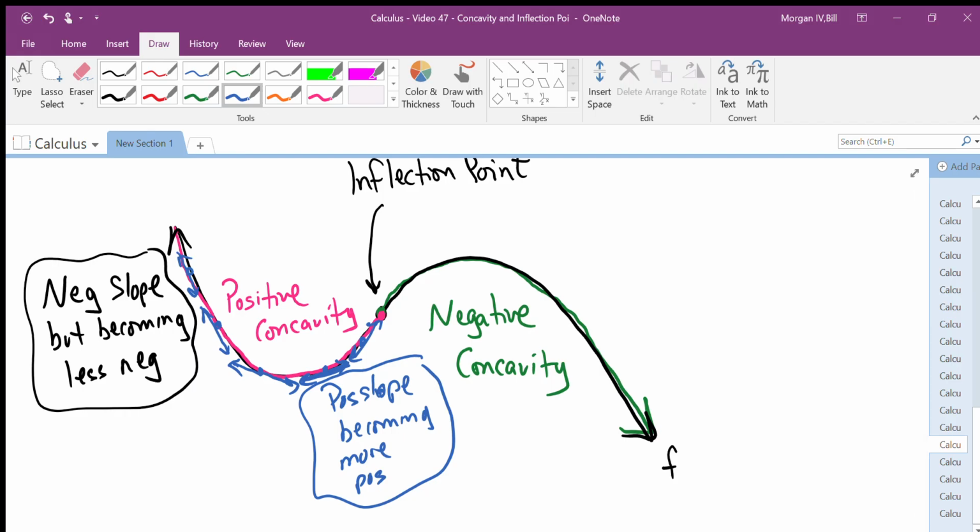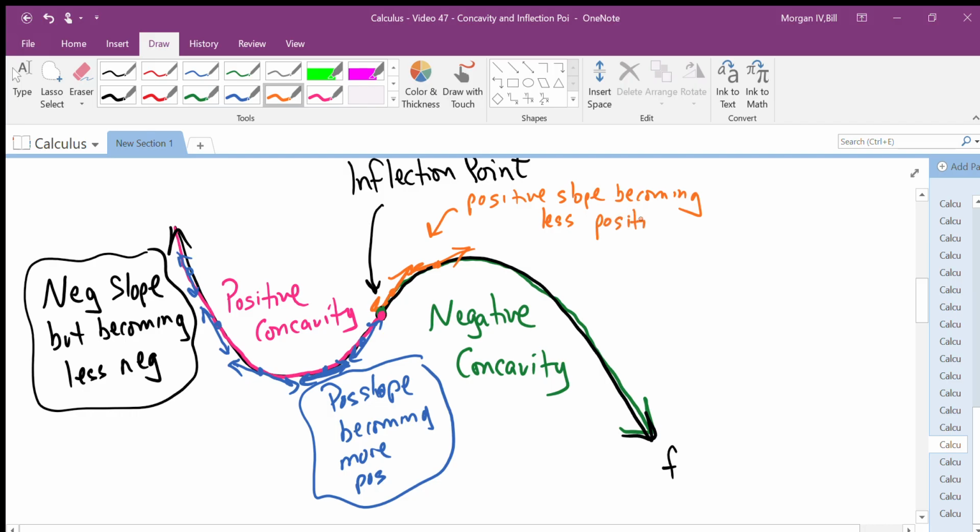Okay, negative concavity. Now in negative concavity, we'll have slopes. Here I have a positive slope, and here I have another positive slope. But what you'll notice is, even though both slopes are positive, they're becoming less positive. So in negative concavity, you'll have positive slope, but becoming less positive. Positive slope becoming less positive is an example of negative concavity, or